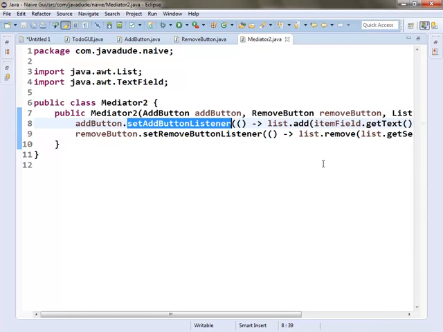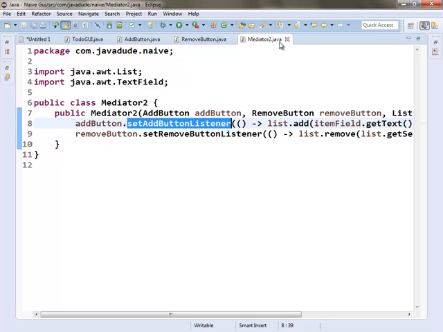The separate interfaces aren't buying me anything. It's just a single method being called. And especially when you're using something like a lambda, all you care is that it's an interface with a single method. You don't care about the name of the method. I'm saying do something when the button does something. So this code here is functionally equivalent to add action listener with the exact same lambda, except the lambda takes